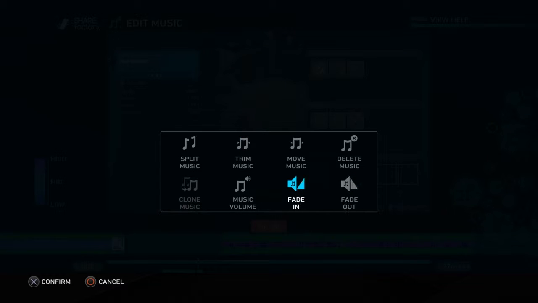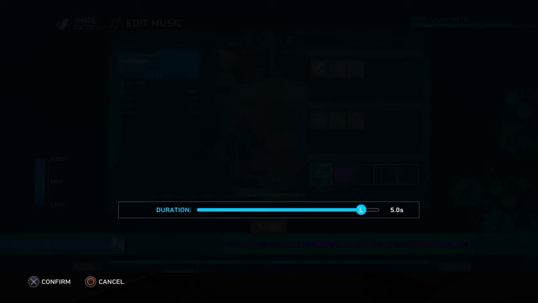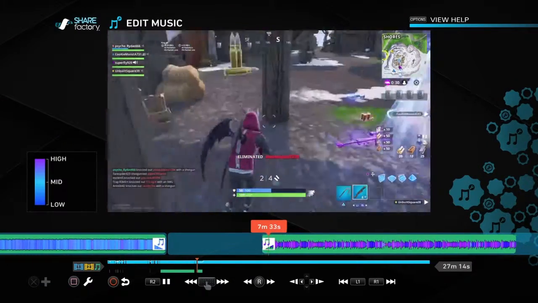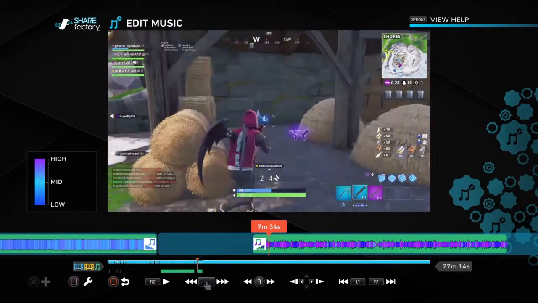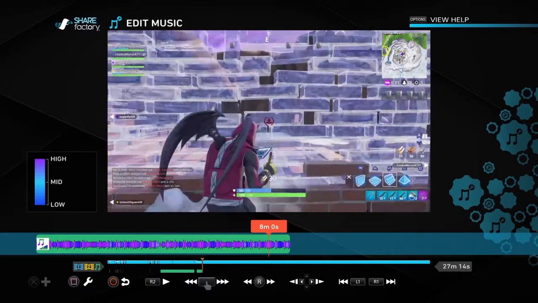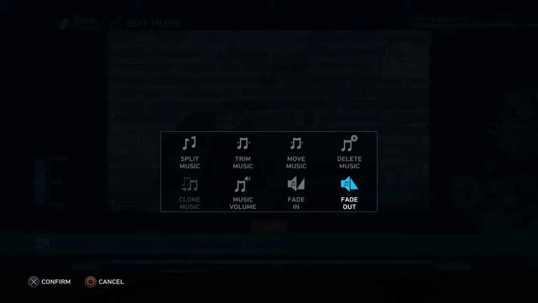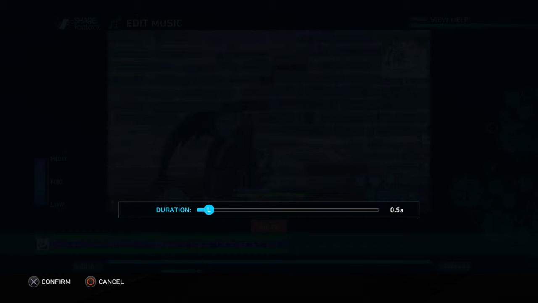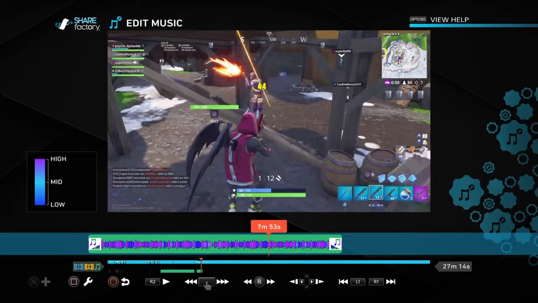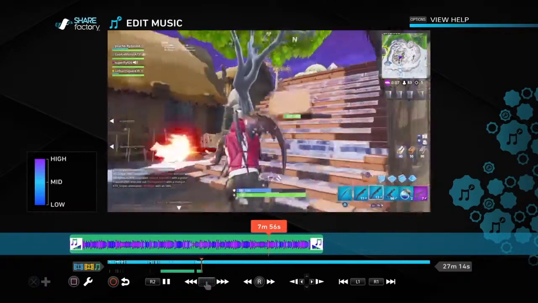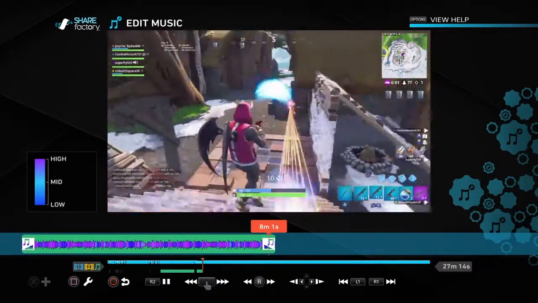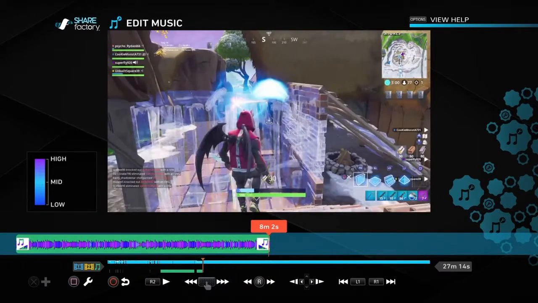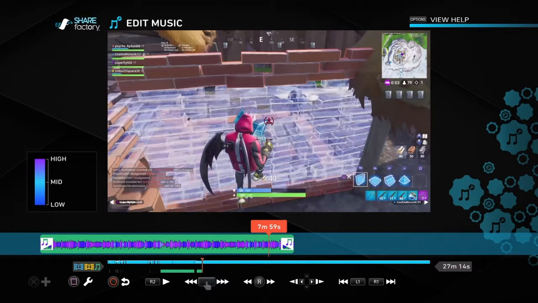So you can fade in the music. I usually go for a good 5-second fade in, so it sounds something like this. It's just a gradual in. It just gradually slides into it, so it doesn't just bombard you. And then the outro, same thing. It's just a nice 5-second. It's just so it's not so abrupt, and you don't have to wonder where'd it go. It's just sliding off. You're like, okay, it's finishing, going into the next clip.